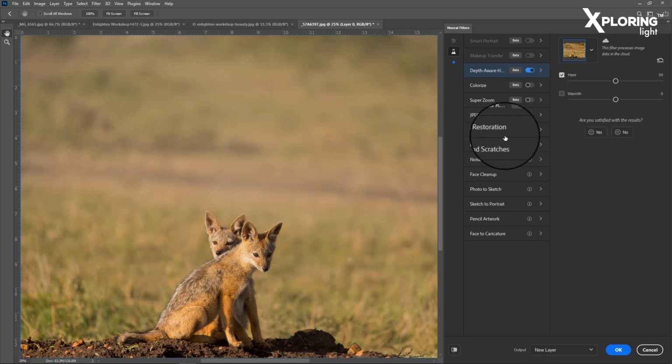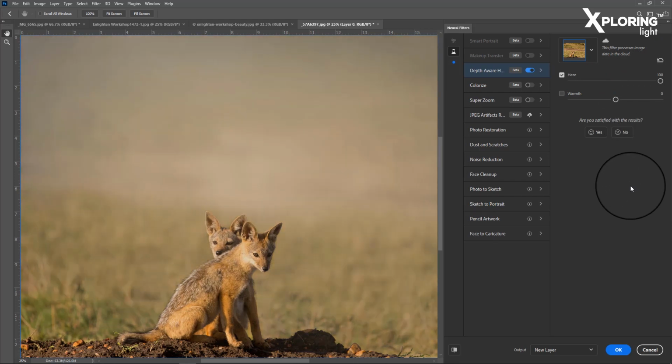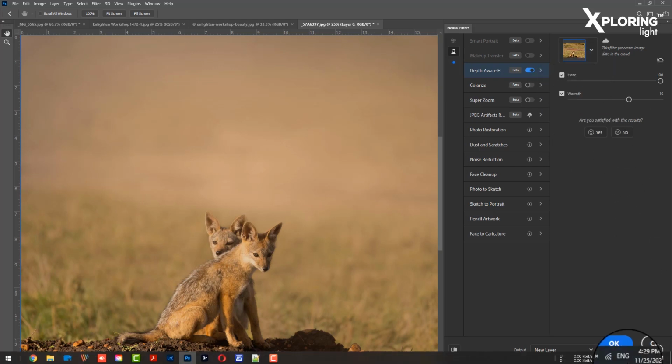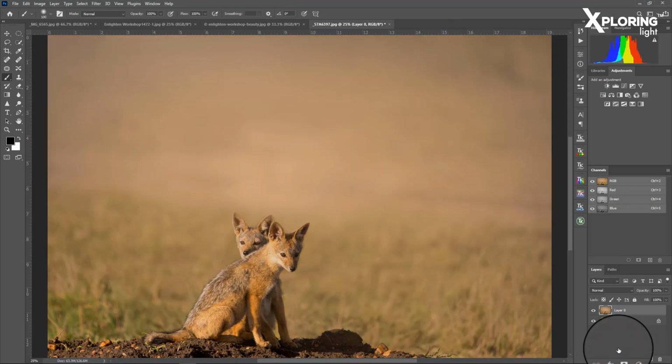It has added haze. As you can see, it has added more haze towards the back. Let me increase the haze and show you. I'm going extreme to highlight what I'm trying to talk about. I'm not saying that you do this much, but this is just to show it to you. I can actually increase the warmth in this because it was taken in sunshine, and it will add warmth to the haze here. Once I am satisfied, I can click OK, and it gives me the layer here.